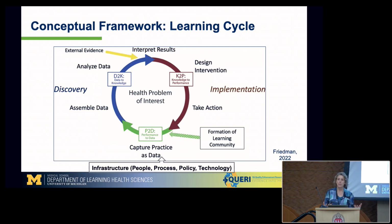For an implementation study, it might be, okay, how do I improve the use of the chronic care model for people with bipolar disorder? And so you want to design a study that informs you about how to actually sustain a care model over time. But the idea is a simultaneous marriage of the quality improvement work that you do, and a parallel lane of effort for an implementation or related type of research study. Different protocols, of course. One goes to the IRB, while direct quality improvement is designed to improve care at that time. And then you repeat the cycle by getting more knowledge